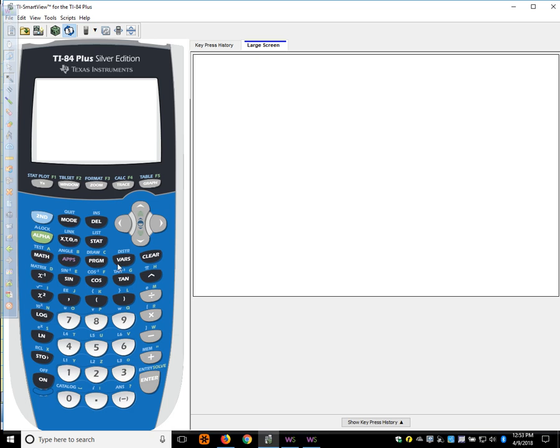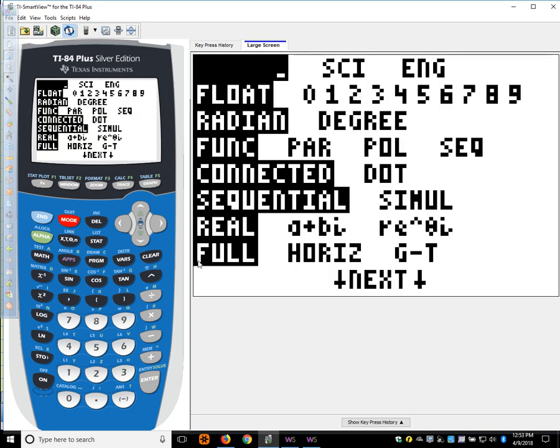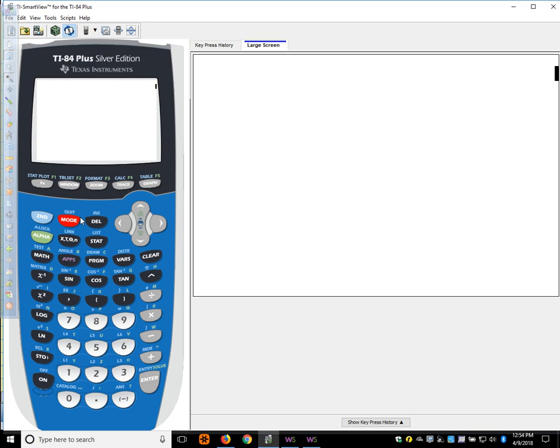If you go to your mode, so right now, this fourth one, your calculator is going to say function. That tells us we're in function mode. Our calculator can graph in parametric mode, in polar mode, and in sequential mode. So we're going to go over to parametric mode, hit enter, and quit out of there. We'll talk about polar mode next time. And now if you go into your y equals,